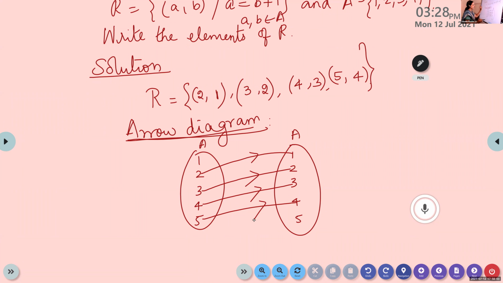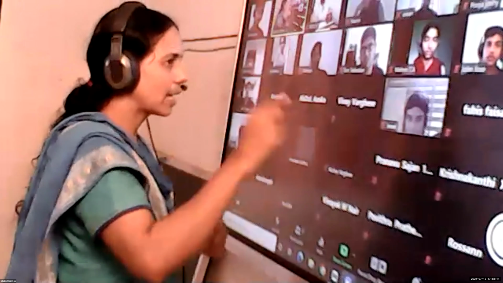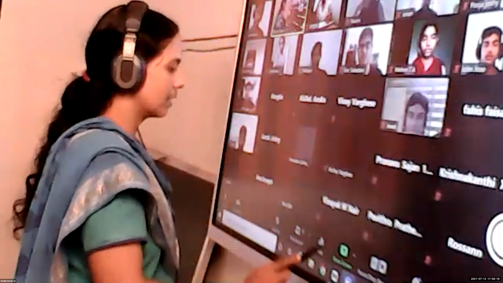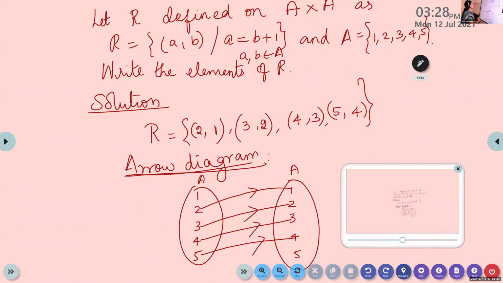Now look at this question. Yes, Atulya. In the arrow diagram, we take the first set as A and the second set also as A, and we mark it. Now, on this screen, I have represented this relation in how many ways? From top to bottom, I'll show it again. Tell me, in how many ways is the relation expressed? We are discussing only this example. In how many ways is the relation represented?